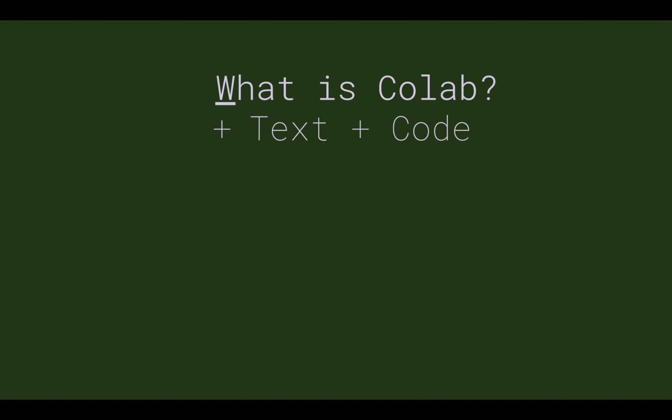So what is Colab? Colab is the combination of both text and code. You can imagine it as like a Google Doc, but it also allows you to run code directly in it and attach a computer to it, which means I can add notes so you can understand what we're doing. You can look at the file from 6 months from now and maybe get some reminders on how it works. It also includes a bunch of dependencies, which means I don't need to go through all the hassle of us installing a ton of code on our computers or on other GPUs. So it saves me a lot of time. It saves you a lot of time. For the cost, it's going to be very, very helpful for this class.